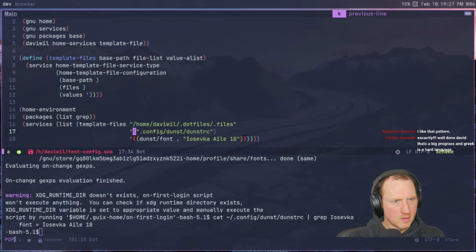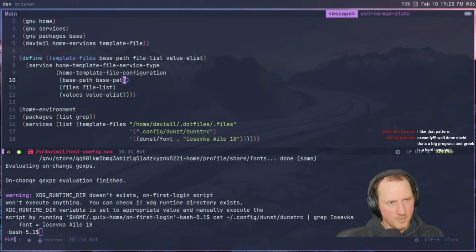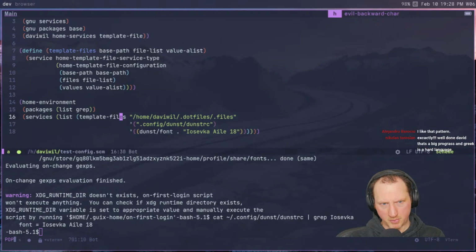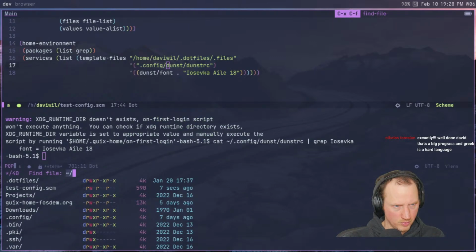Like that. Okay. And we can just say value a list, file list, and then base path. In theory, that should work. So that would be much simpler. You can just have a whole list of files here. So let's see, what else would I possibly want to